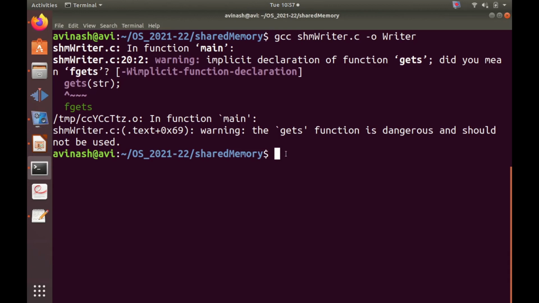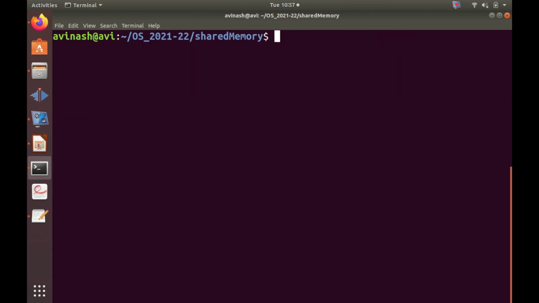Next, similarly compile the reader program, shmreader.c, with -o to create the executable file reader. Now we have two files, a reader and a writer. Now execute them one by one.